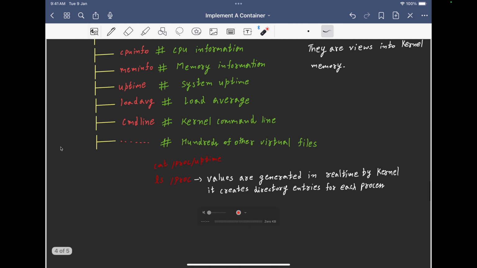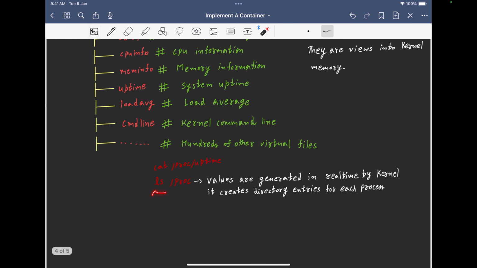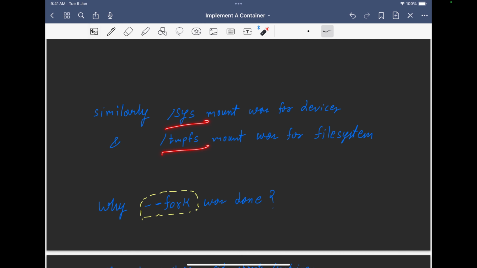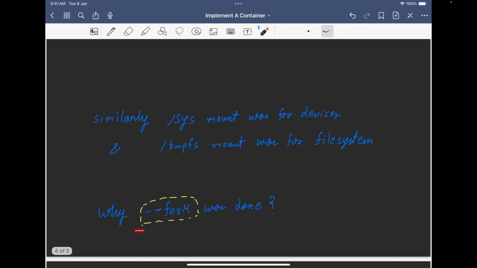So whenever I have done list proc, values are generated in real time by the kernel, and it creates directory entries for each process that I have just shown you. Apart from that, similarly, /sys temporary mounts are done, and /sys mount watches for devices, and temporary fs mount watches for file system. And apart from that, there was also